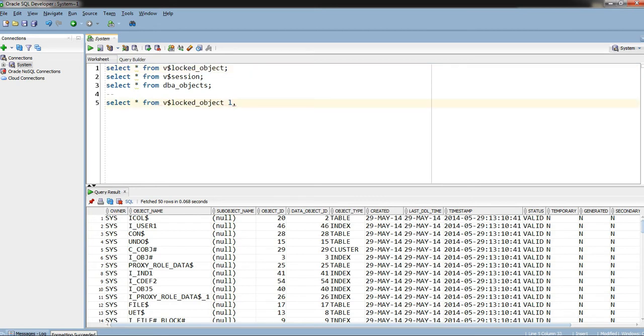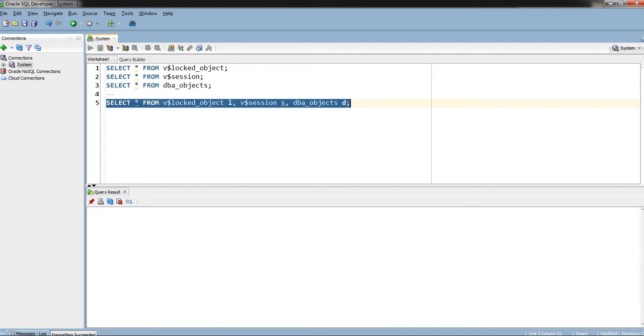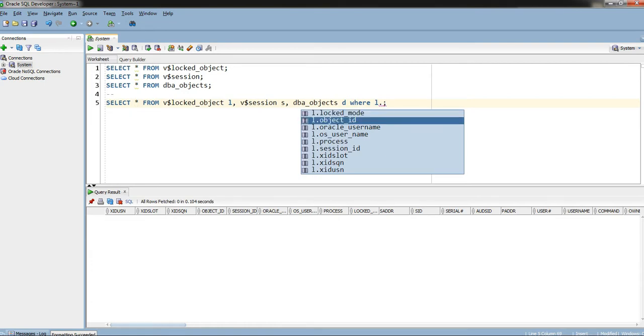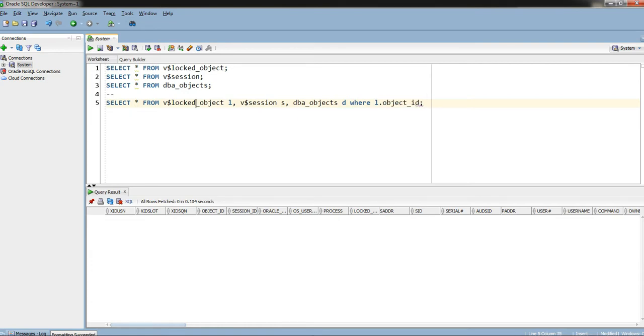L, S, D. I'm just joining these tables. Okay, let me write a where condition, where L dot object ID, the locked object will be available in this locked object table.